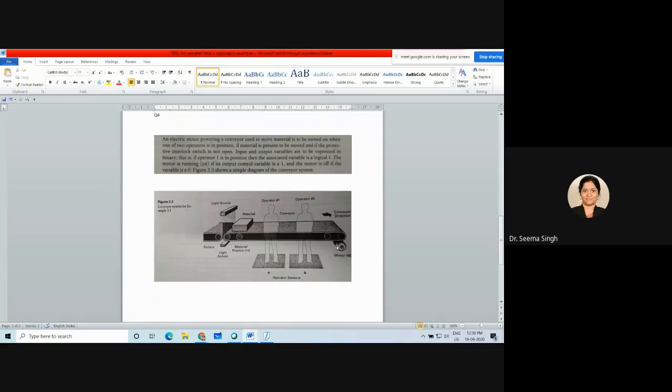Condition number 1 for this motor capital M to run is that material should be present on the conveyor belt. If this small m material is present, then this motor will run. But there is one more condition: this protective switch should be closed. If it is closed, then only this will run. A third condition is also there, that either A or B or both can be present. So we need to design our system for this capital M with the input variables A, B, small m and S. So these are our 4 input variables. So this has to be taken care of.